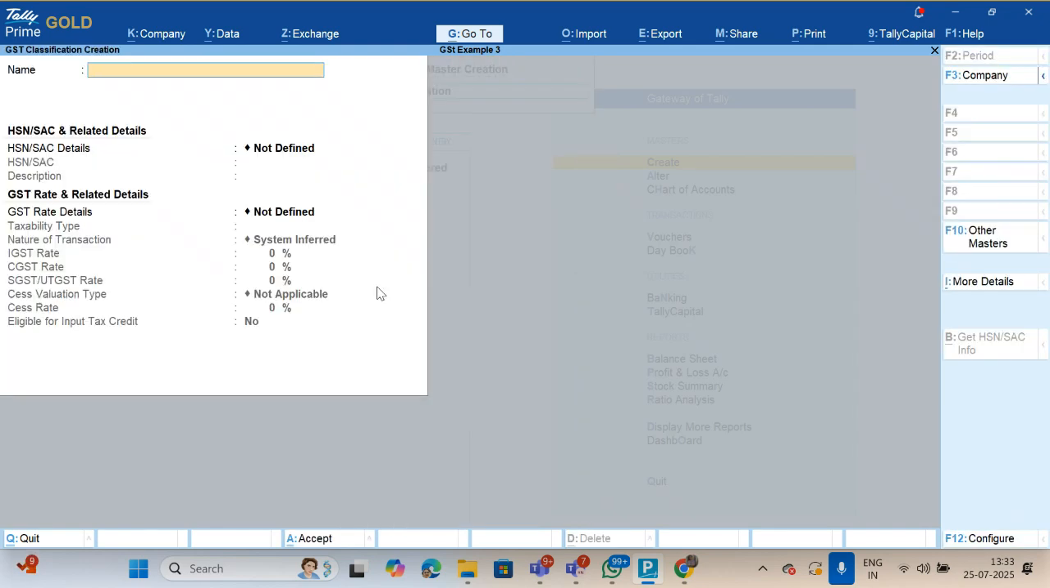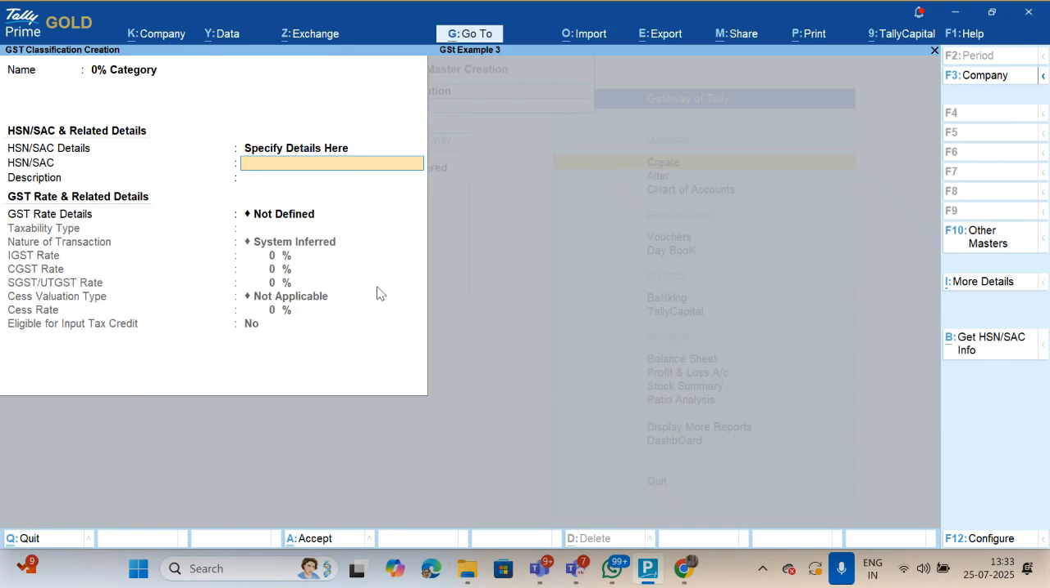Then afterward, you have to create the classification in case you have different rates also. For example, there are five GST rates: 0%, 12%, 18%, 28%, and 5%. So 18% is the default you created. So I'm going to create here the 0% category, which is exempt. So here again,